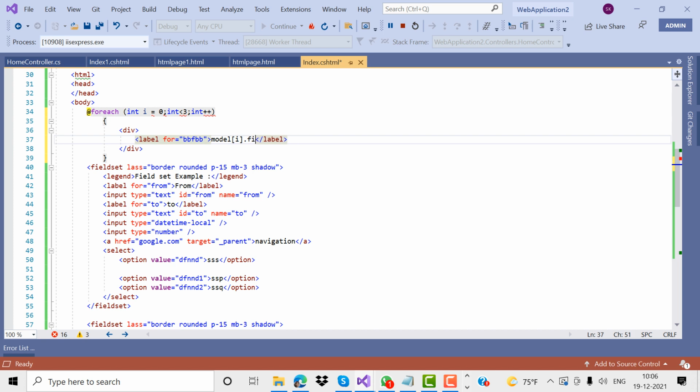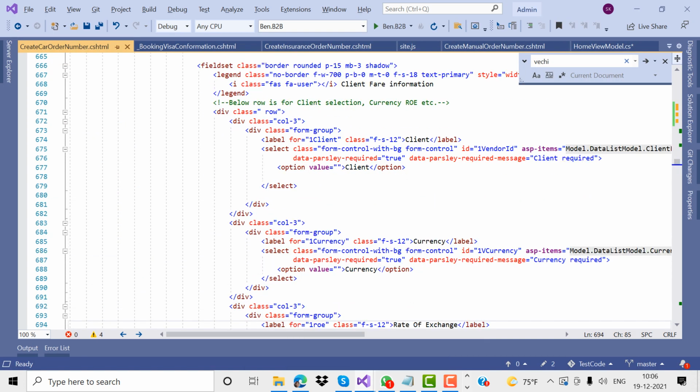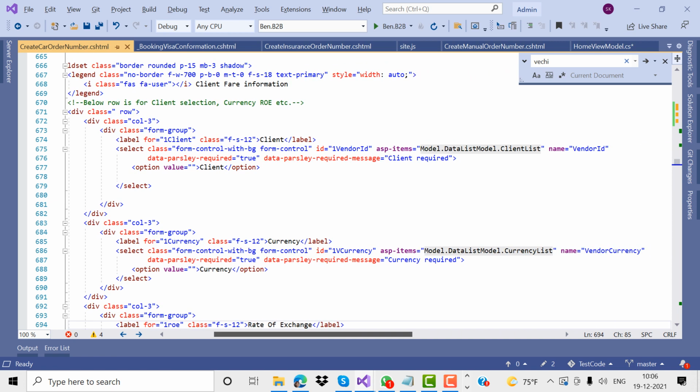Accordingly we can display the grid values, all these things. After that we can give the styling also. I will give you a real time scenario. See, this is the way you can bind the values.